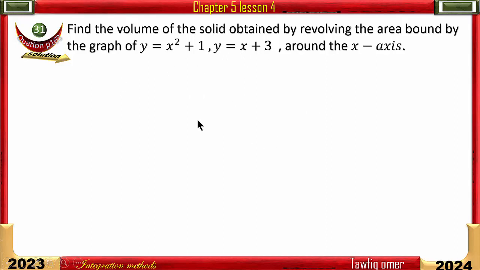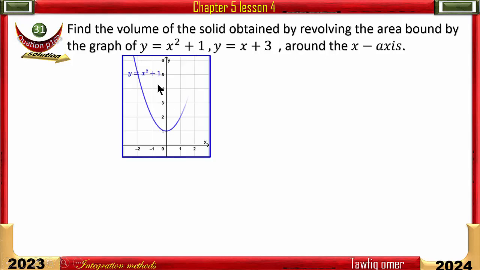As you can see here, we haven't any interval for this question. So we must first of all find the interval of this integration. As you can see, this is y equals x squared plus 1, and this one is y equals x plus 3. This is the area which